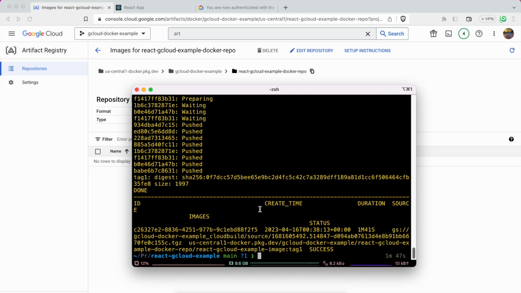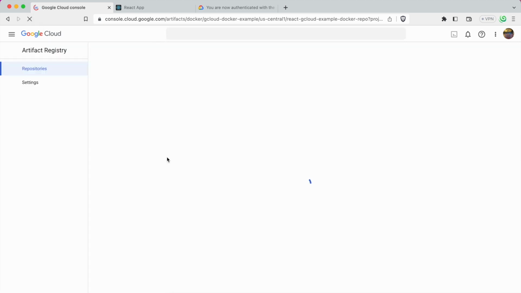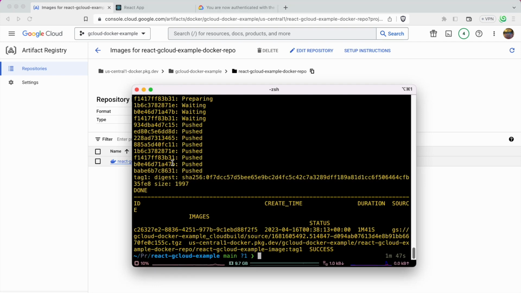And now we go back to the Artifact Registry, this folder we made, and just refresh the page. You should see our Docker image. So now we have uploaded it successfully. Now the final step is just deploying it. So to do this, we just run gcloud run deploy, and then the image name